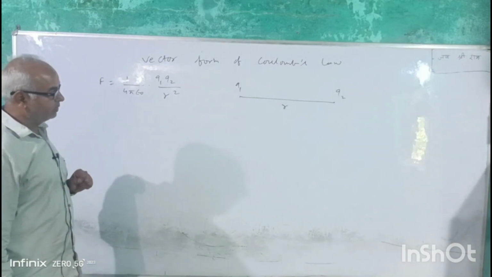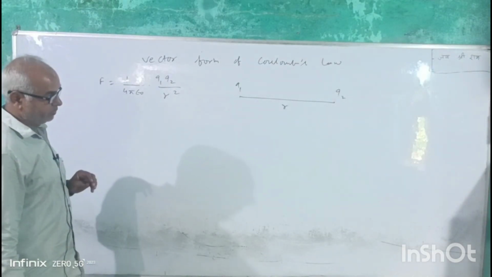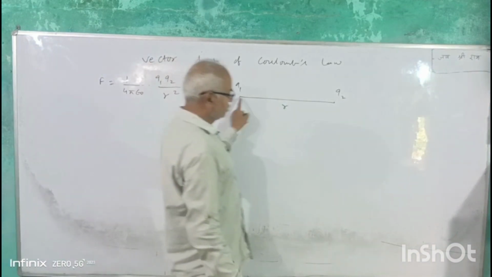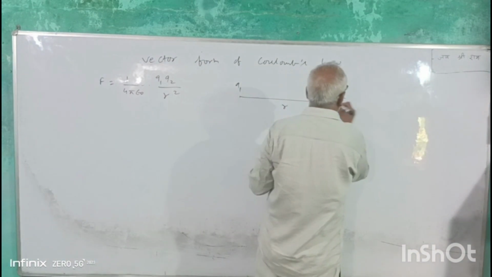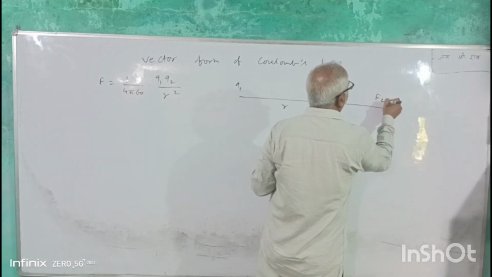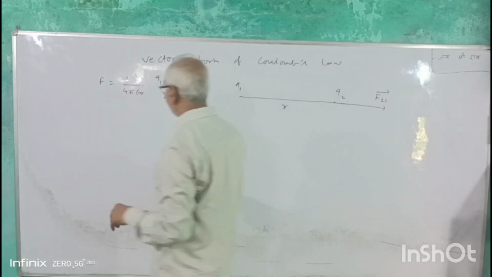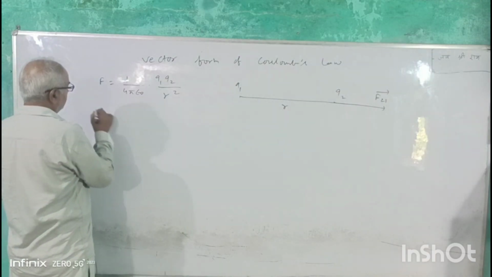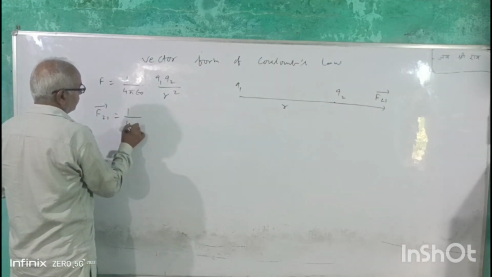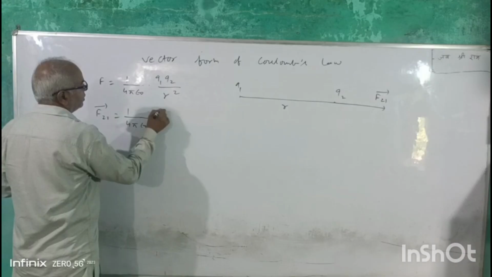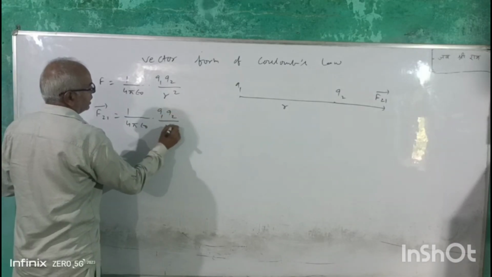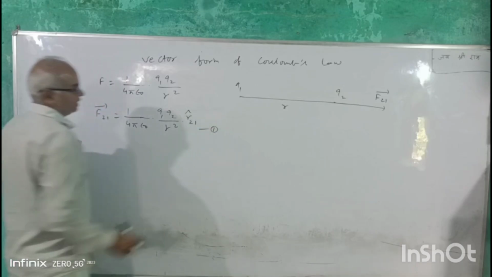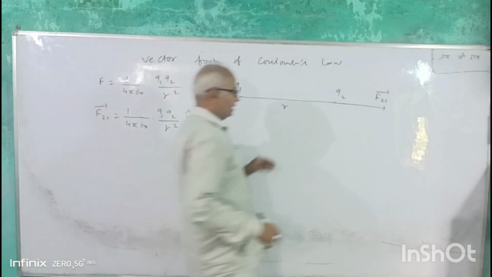Now to obtain the formula in the vector form, let us suppose that the force applied by charge q1 to q2 is F21. Then F21 is given by F21 is equal to 1 upon 4 pi epsilon naught q1 q2 upon r square r21 cap, where r21 cap is the unit vector in the direction of